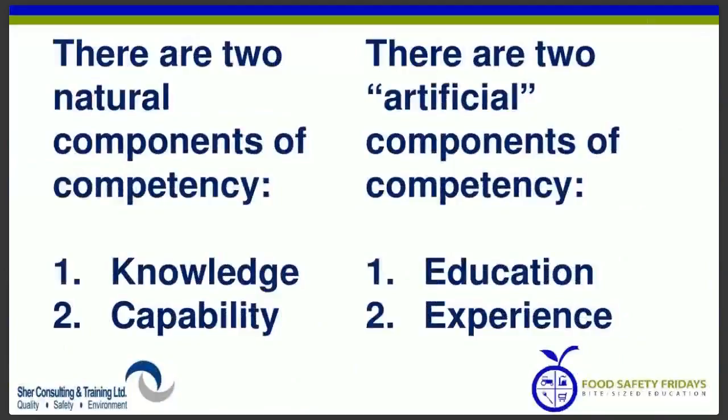So we may say, well, I need a food technologist to do product development. Well, in that case, I need somebody who knows food technologies, is capable of developing products, and I might add on to that, this person must have a degree in food engineering, which is education, and 5 years experience with dairy, which is what, and then that should be predictors of competence. I'm just saying this as this is a theoretical background that human resources uses to build competence, and this is actually very well reflected in ISO 22000.